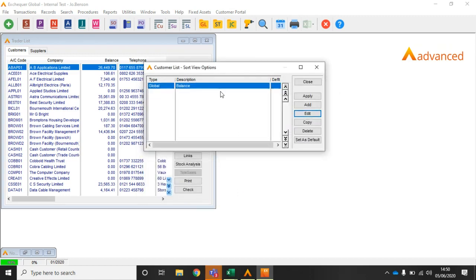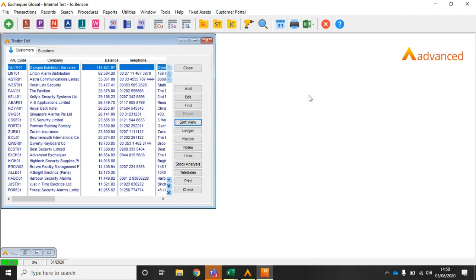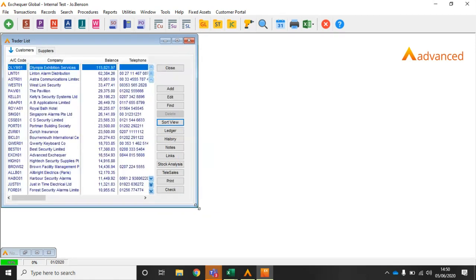Once I've created my sort view, I can set it as default, and that would be for everybody, so it's worth taking care with that. Or I can come in and apply my sort. You've got a big blue arrow here, and that means that the sort's in progress. If you don't want the sort in progress, you can come into here and do close view or refresh view. But the reason I chose to do it on customers is I want to show you something that I think is quite clever and quite useful in terms of